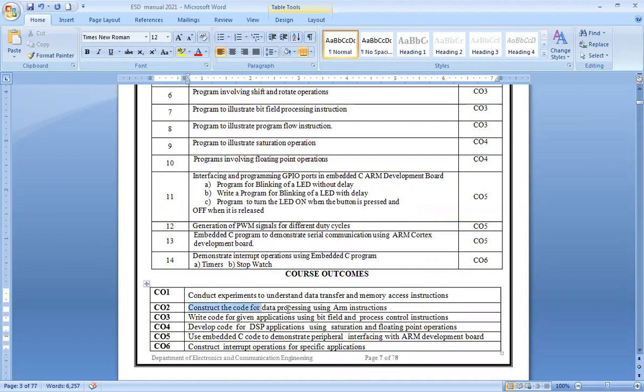Then construct code for data processing using ARM instructions. So you will be exploring whatever the instruction set is with ARM. There are a lot of open source websites which can help us in getting a lot of syntaxes for coding.